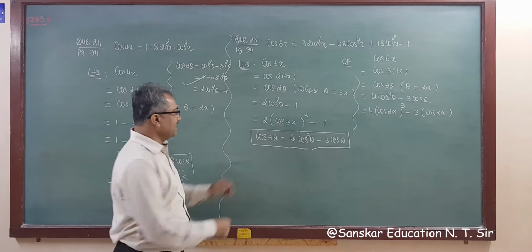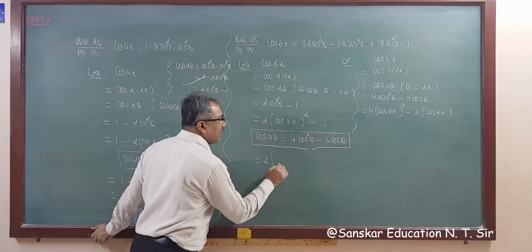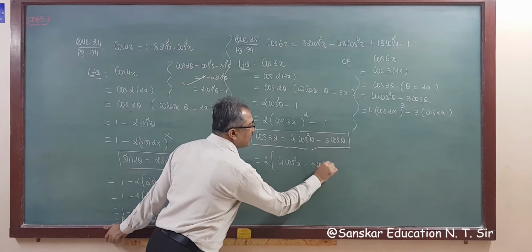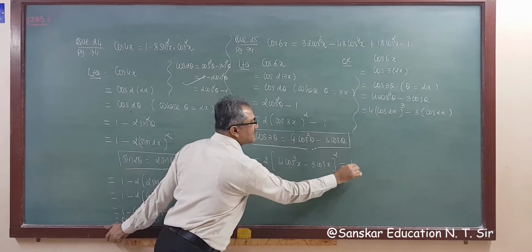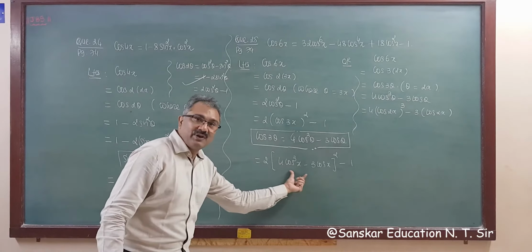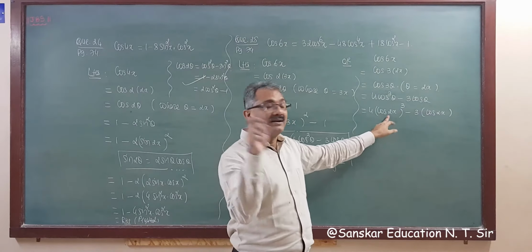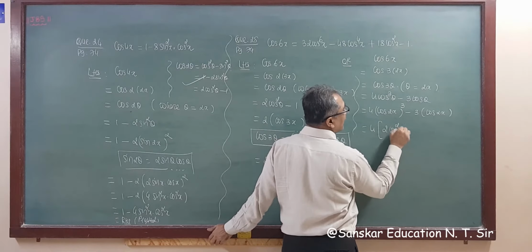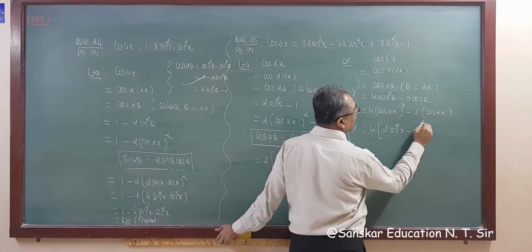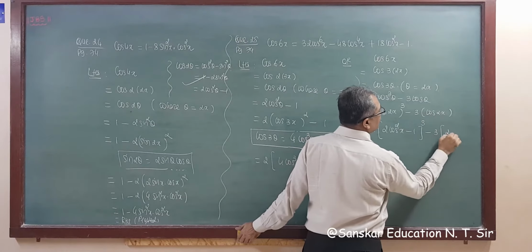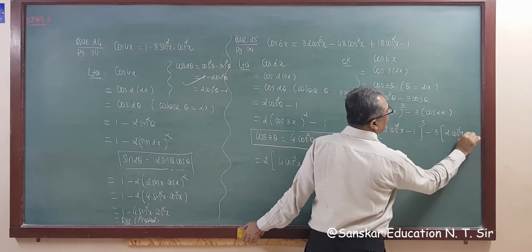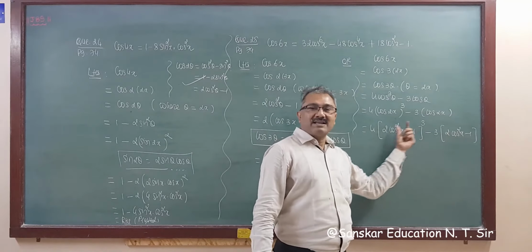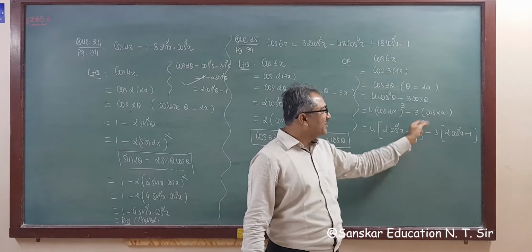So cos 3x is 2 times (4 cos cube x minus 3 cos x) whole square minus 1. So now this is a minus b whole square. Here you have to make it 4 times cos 2x, which is (2 cos square x minus 1) whole cube, minus 3 and (2 cos square x minus 1). So take 2 cos square x minus 1 common, then make it square. Either apply a minus b whole cube formula.